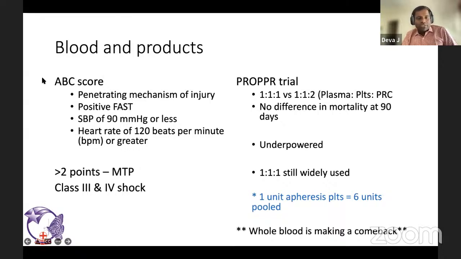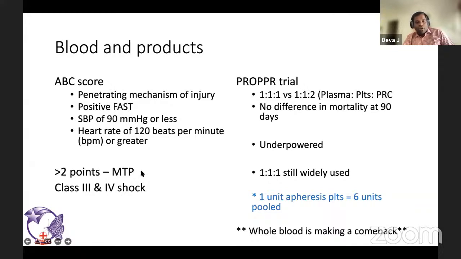How do we decide who is likely to need blood? There are several scoring systems that are available. We use this simple ABC score. Is there a penetrating mechanism of injury? Is there a positive FAST? Are they hypotensive? Are they tachycardic? That's all. Tachycardia, hypotension, positive E-FAST, penetrating mechanism of injury: high possibility of them needing blood if they score 2